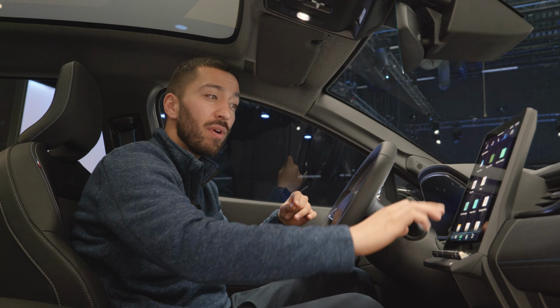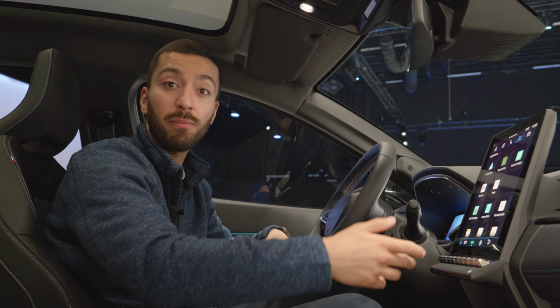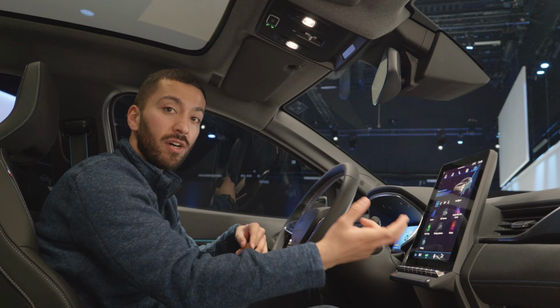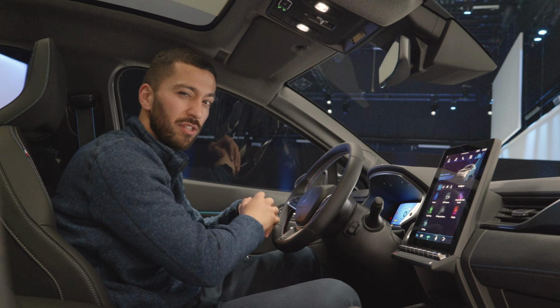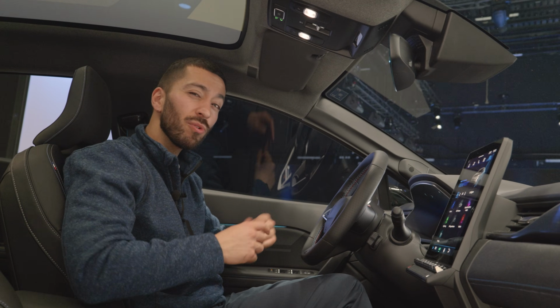Plus, it means when you're scrolling through the system, you can actually find recognizable apps like Spotify, for example, or Amazon Music if that's what you use. And you can also configure things like the way the car consumes its energy and even your driver assistance features, which we'll talk about in just a moment. And overall, it's just a nice place to be, and dare I say it, a little bit more stylish than